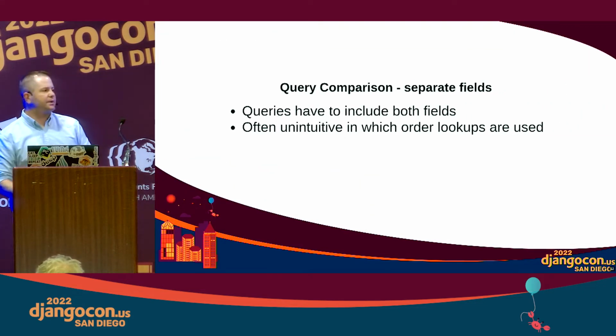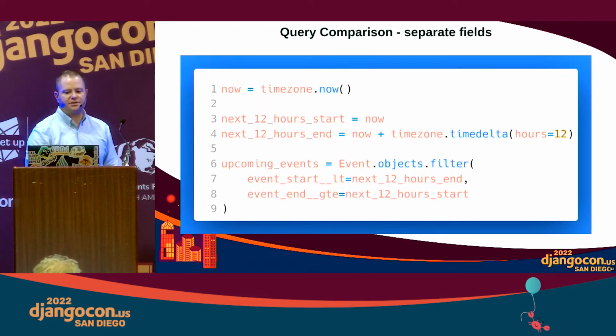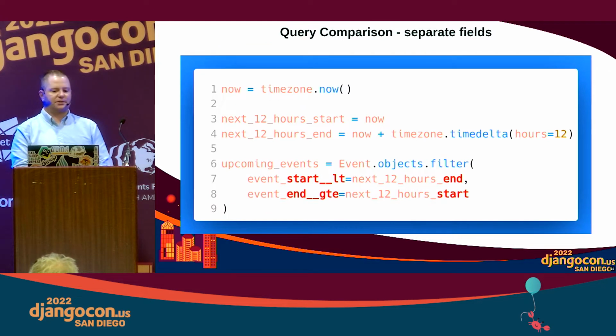So, some comparisons with queries. Again, you have to include both fields. These are often unintuitive. I found it really challenging as a beginner to understand how to do this right, because you end up with things like this. In reality, the event start, so if we have an event model with an event start and